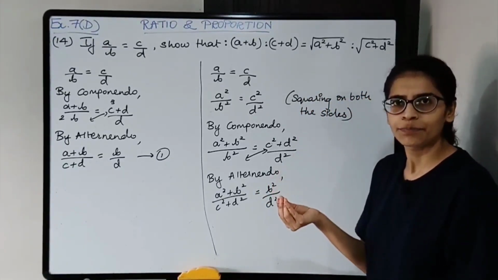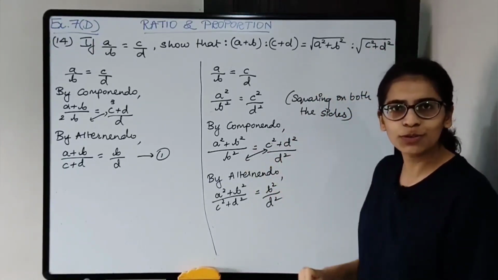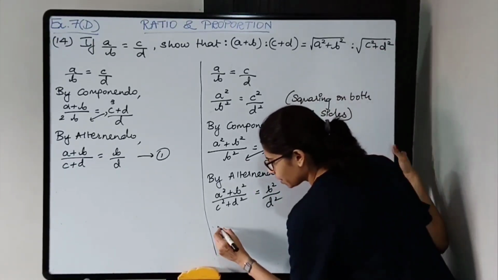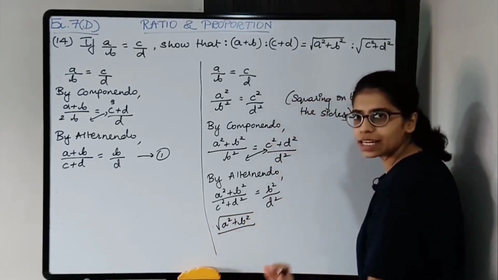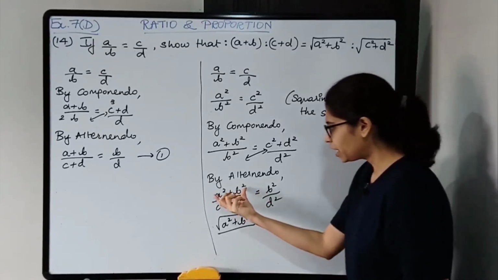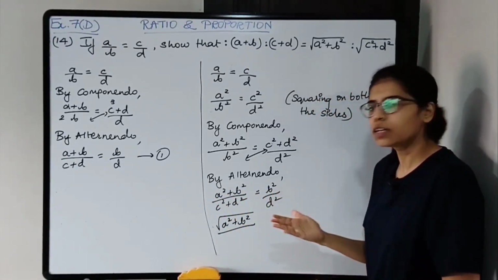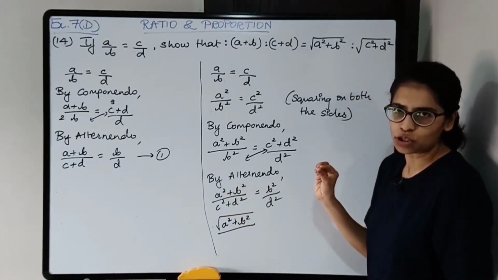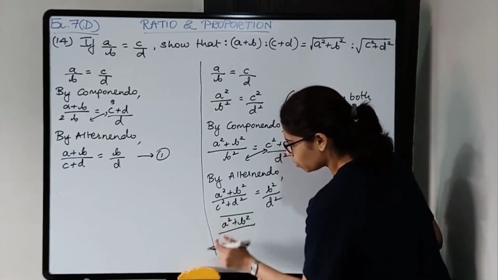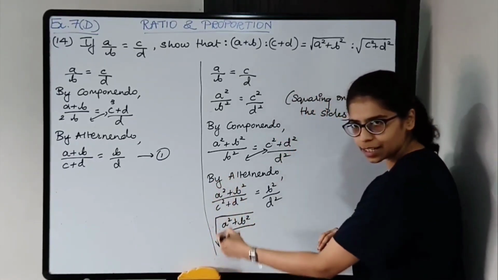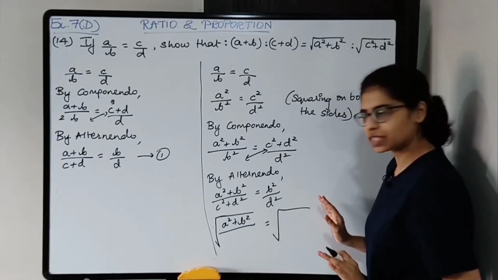What do we need? We need square root. So let's take square root on both the sides. So square root of A square plus B square. You'll take square root of everything. Okay? Square root of the numerator, square root of the denominator, of this, of this. When you're taking square root, everything gets square rooted. Or what you can do is put a common square root over the entire LHS and entire RHS to avoid any confusion.